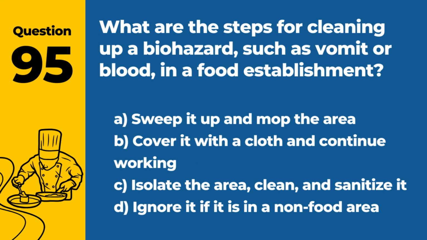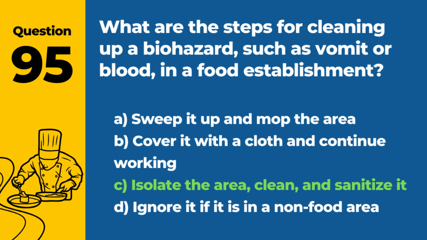Question 95. What are the steps for cleaning up a biohazard, such as vomit or blood, in a food establishment? A. Sweep it up and mop the area. B. Cover it with a cloth and continue working. C. Isolate the area, clean, and sanitize it. D. Ignore it if it is in a non-food area. Answer: C. Isolate the area, clean, and sanitize it. The steps for cleaning up a biohazard include isolating the area, cleaning it thoroughly, and then sanitizing the area to